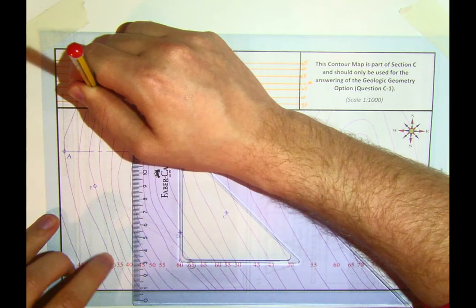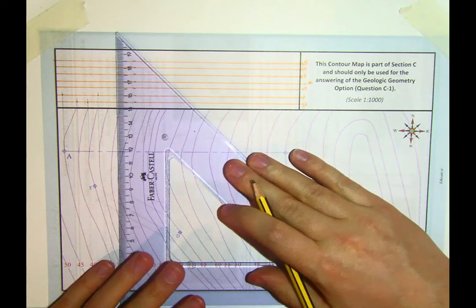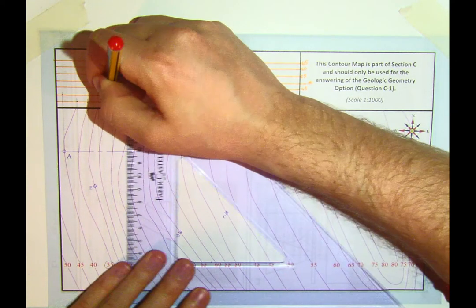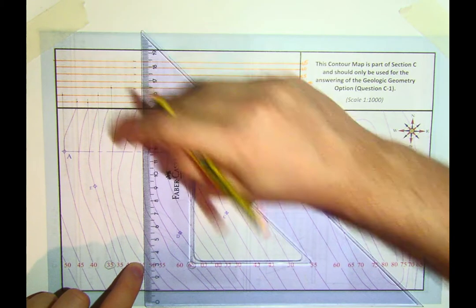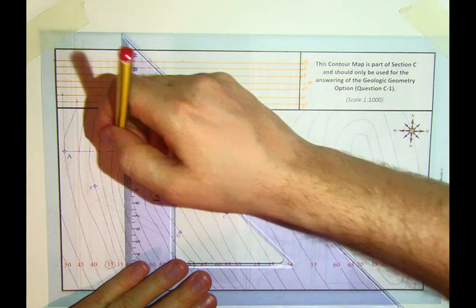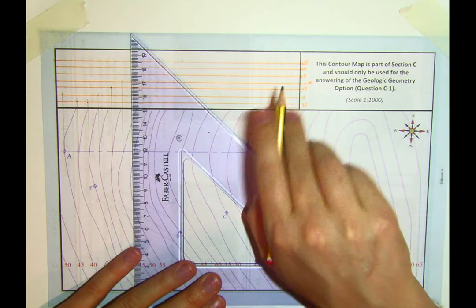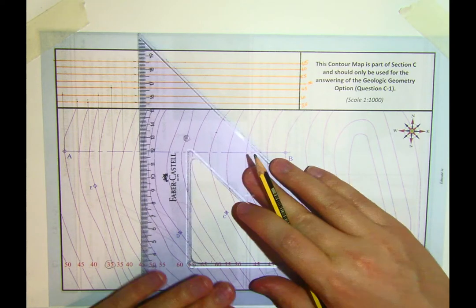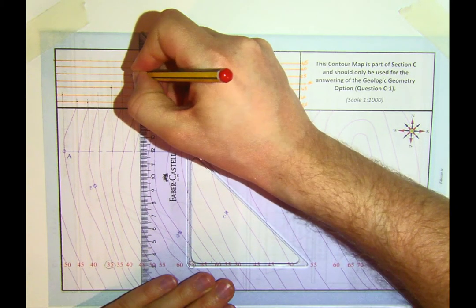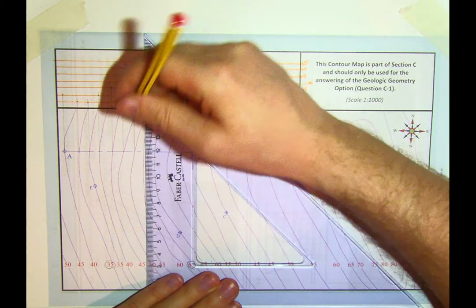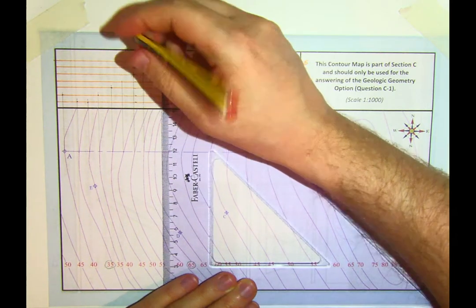So that's this one here is 40, quite hard to read. This next one up is 45. The next one is 50. So bringing that up to the 50 height line up here. This next one 55. And 60 height line is next. 65